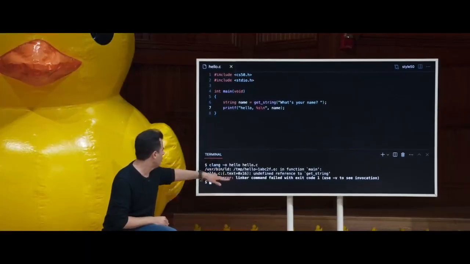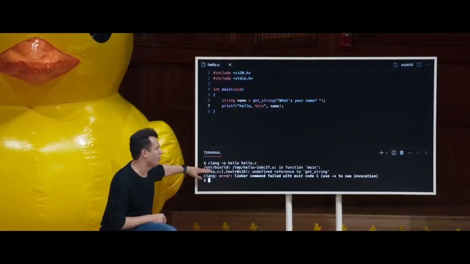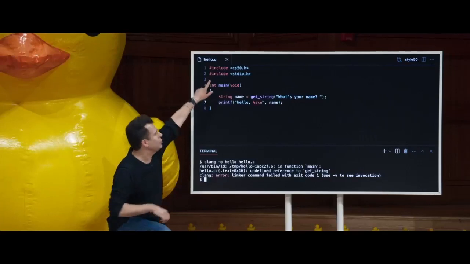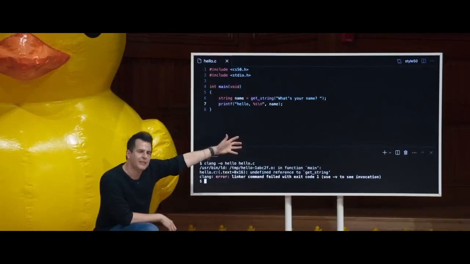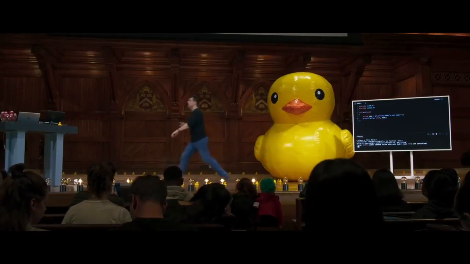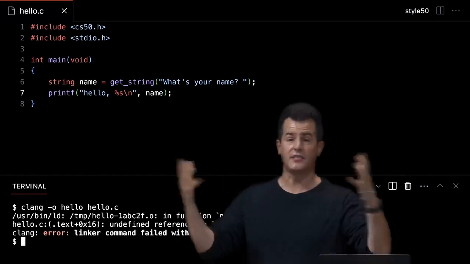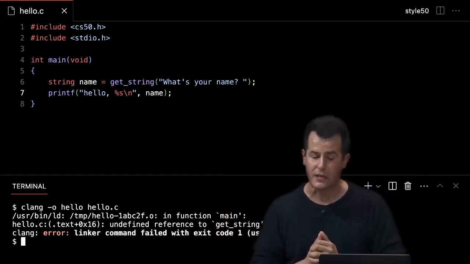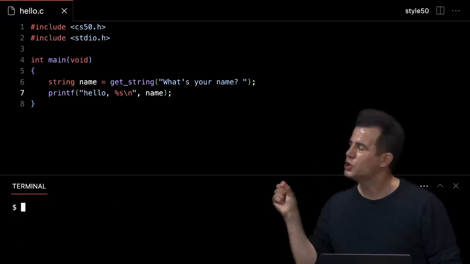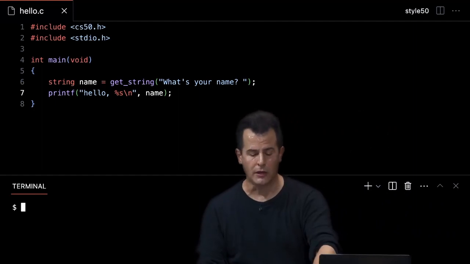What's the first keyword you recognize in these three lines of erroneous output? So it mentions main. That's not that much of a clue, because that's the only thing I wrote so far. Second line, though, get_string. There's some issue with an undefined reference to get_string. Now, why might that be? I did include cs50.h, but that's apparently not enough to teach the compiler about get_string. Well, if you're using a third-party library, one that doesn't necessarily come with C the language, something like CS50's, you additionally have to tell the compiler that you want to use that library, and not just by including the header file, but by an additional command as well.